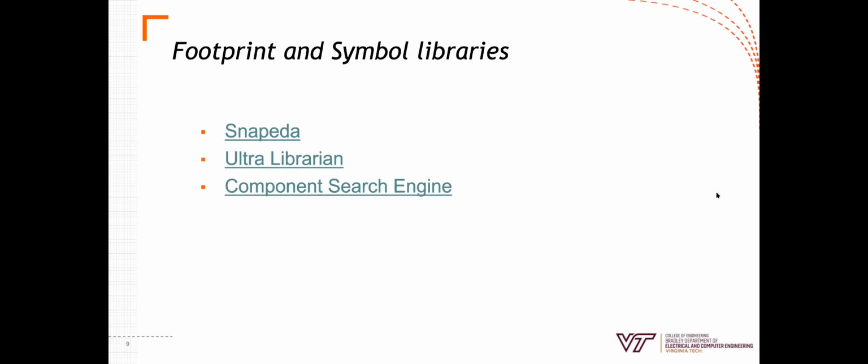So these are some footprint and symbol libraries that I've used. Today we're going to be using Ultra Librarian, and hopefully you've already made an account. You can figure out which parts you're going to be using when you go to lay out your schematic, and I would add descriptions with all your parts with links to DigiKey or wherever you're buying the parts. Then you can take that part designator, the part number for it, and then look it up in Ultra Librarian,